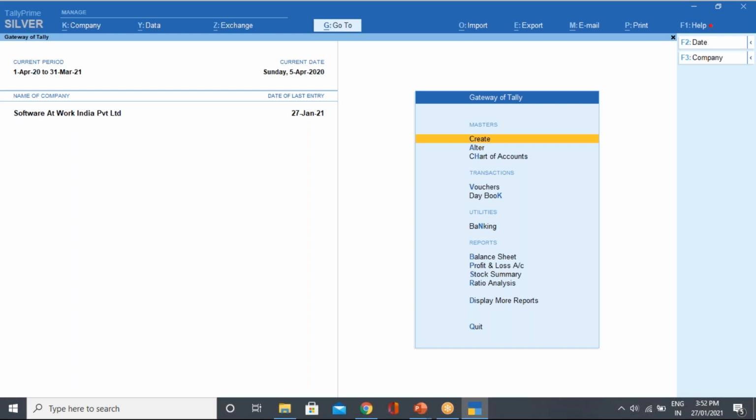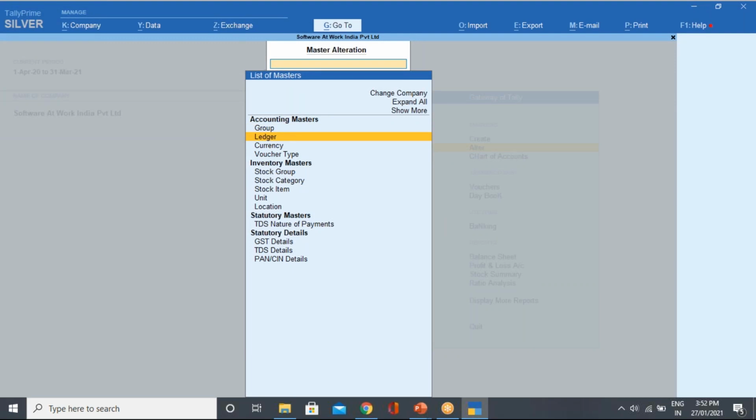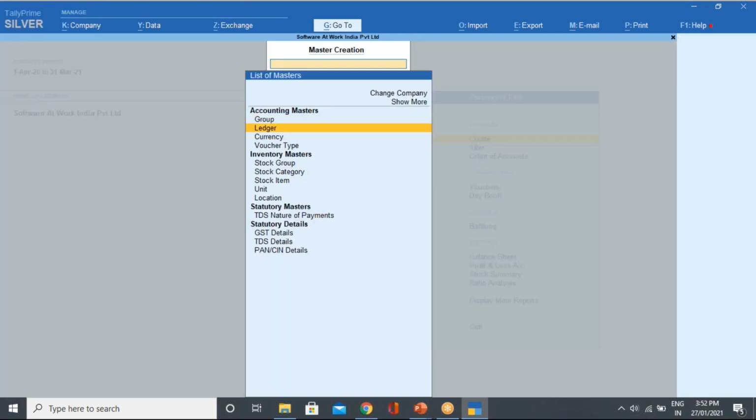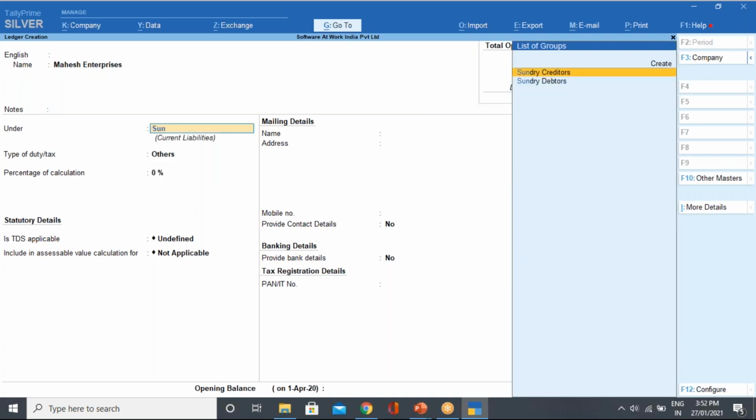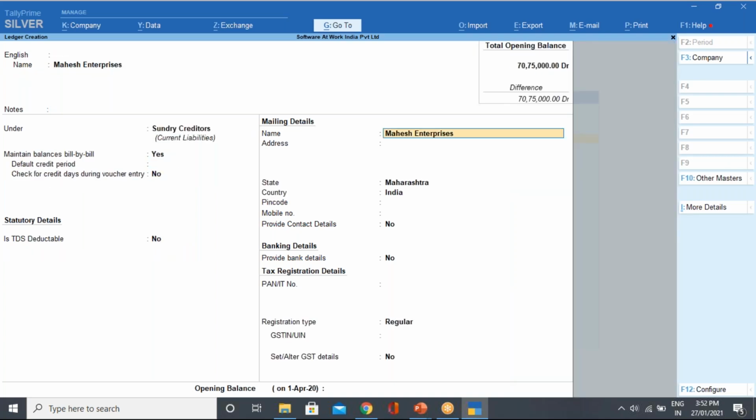If we have not provided the PAN and we are passing the entry, how will it come? I will go to create ledger. I will create Mahesh Enterprises under sundry creditors, and here I will skip the PAN number.